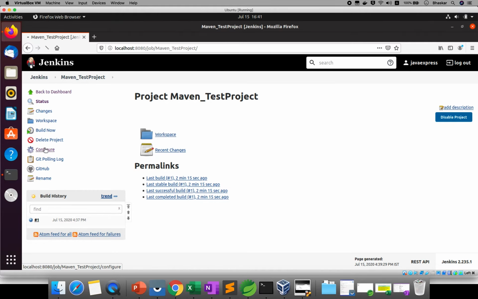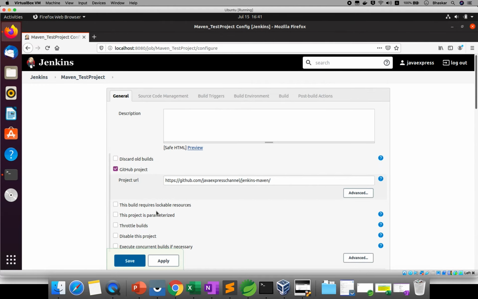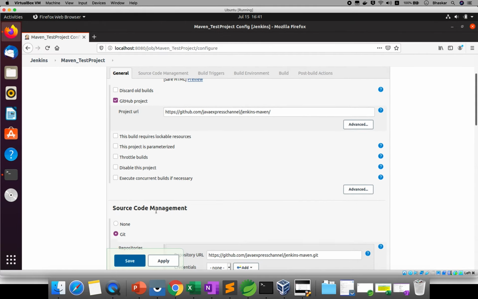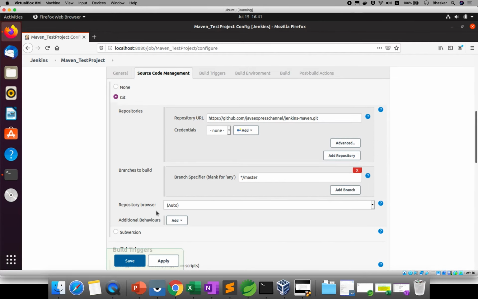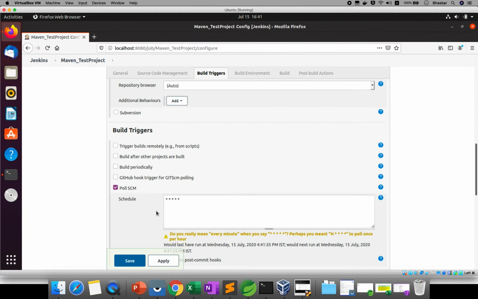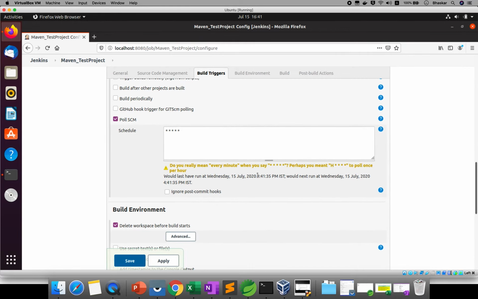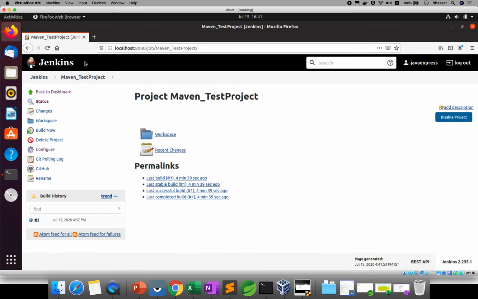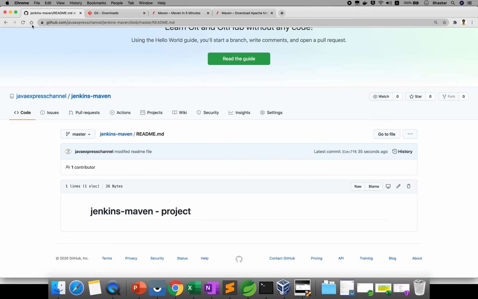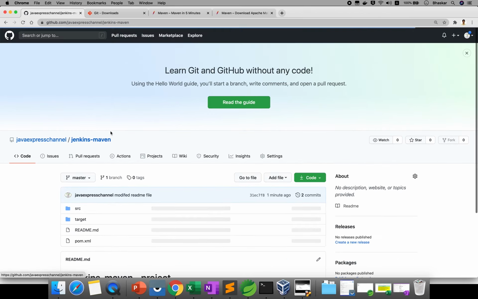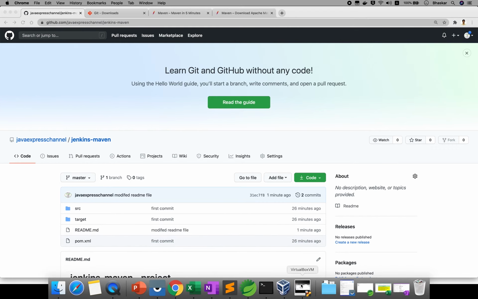If you click on Configure, you can see the timing also. And if you see here where we gave the schedule, perhaps it will run every 1 minute, at 4:41 and 35 PST. It will run at the next one. We'll see whether your job is running or not. Still not running. Hope it will run after that 1 minute, right? Go and save here. 1 minute has passed, your job still has not run.